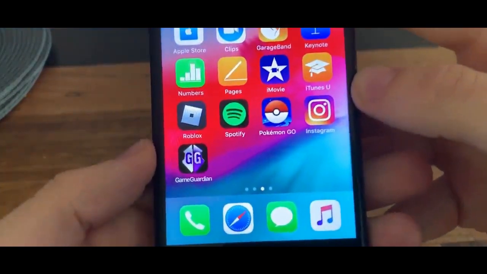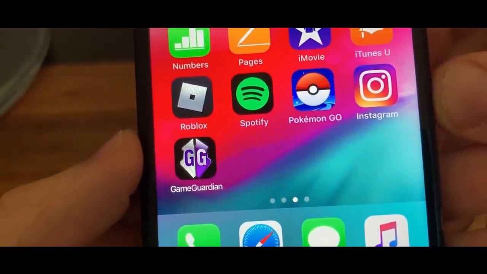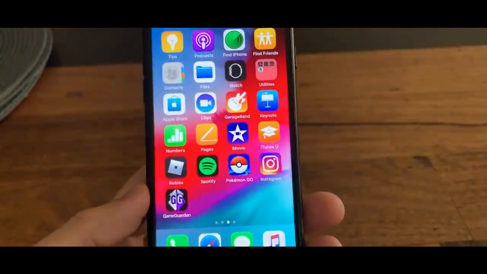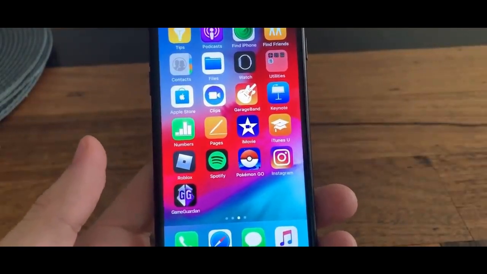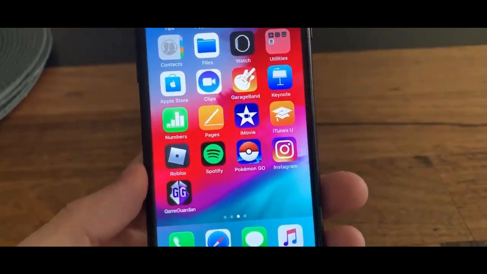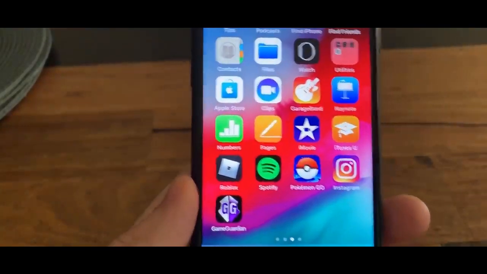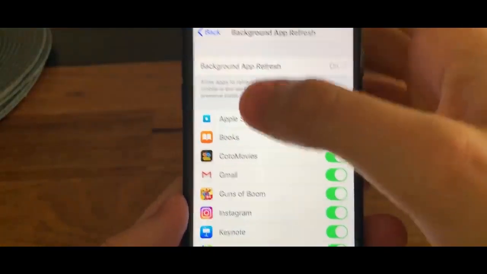Today I'm going to show you how to get Game Guardian on iOS and Android. This is completely free. It's a simple little app injection. I'm going to show you how to get Game Guardian. Now what Game Guardian does is you can modify apps and games on your iPhone and Android completely for free. But there's a little trick we've got to check on our Apple device before we're able